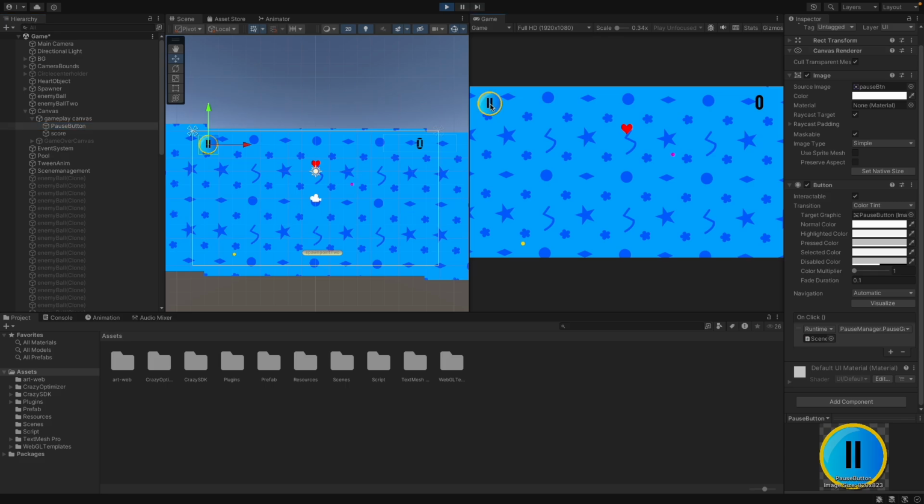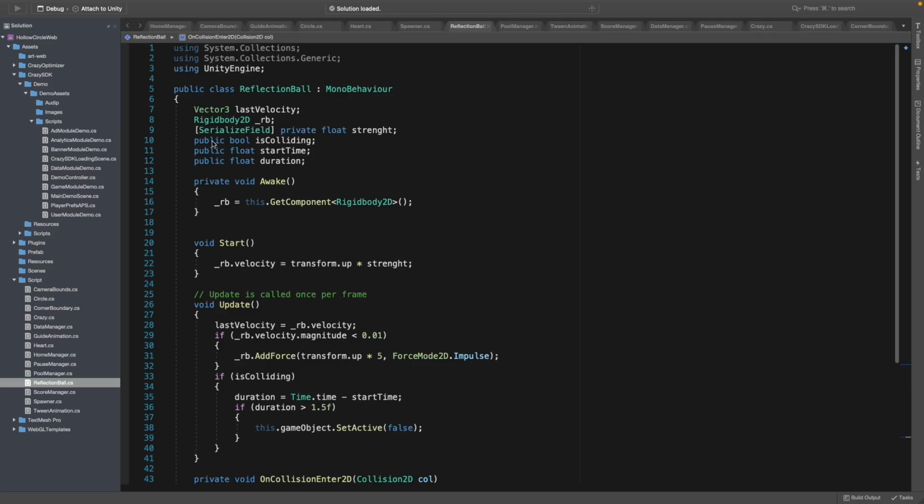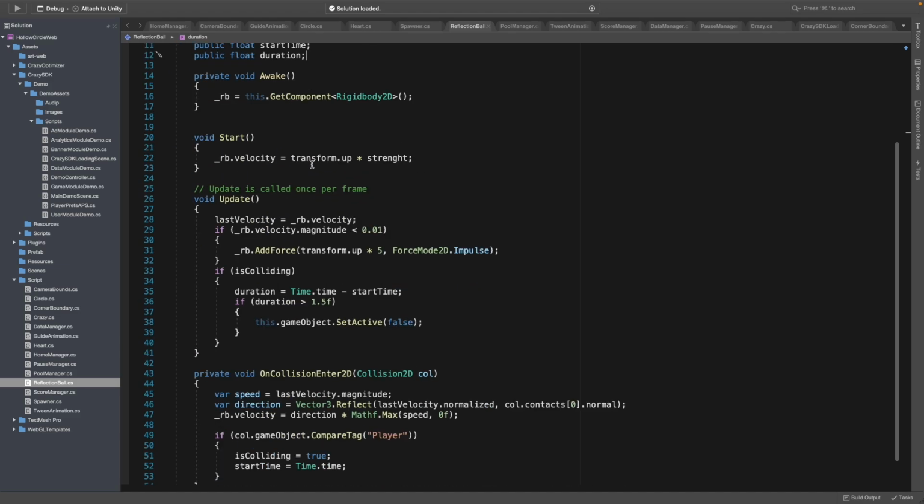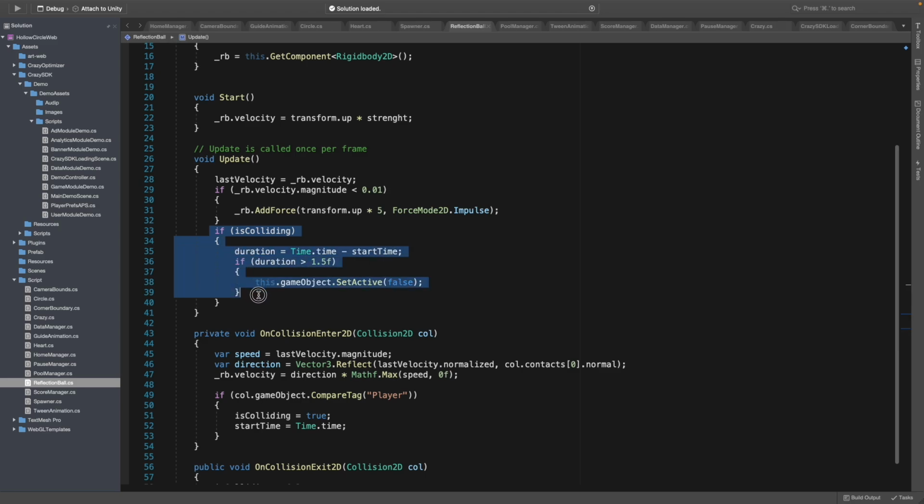Excellent. And another thing, I added a logic. For any ball that collides with the circle, sometimes it could stick with it because of the edge collider nature. So this code will set active to false for any object that sticks with the circle. We start by declaring 3 variables, 1 bool to know which one is sticking, 2 floats to count time, and inside the update loop, if the bool is true, we start counting time in duration. If the variable is bigger than 1.5 seconds,